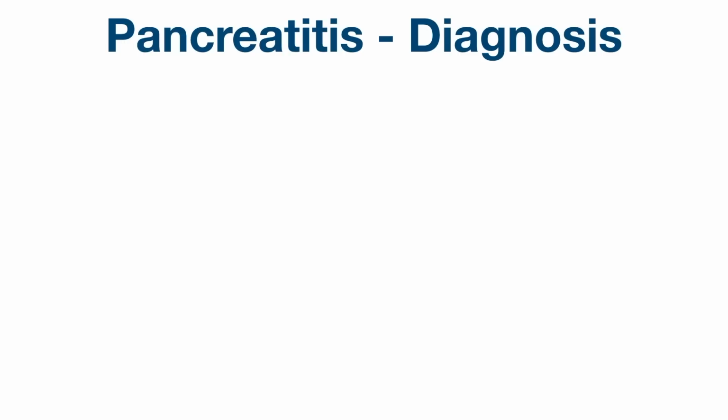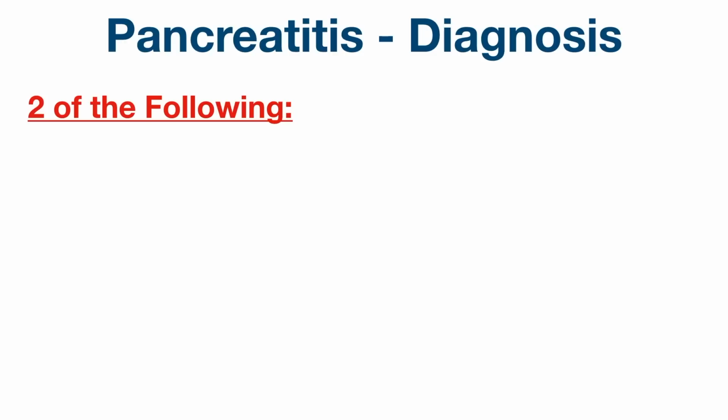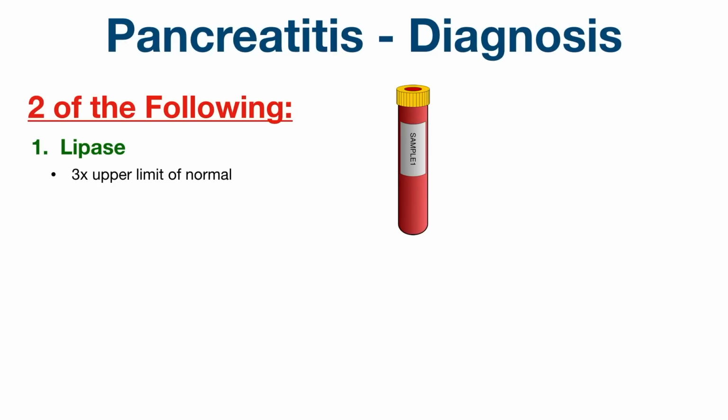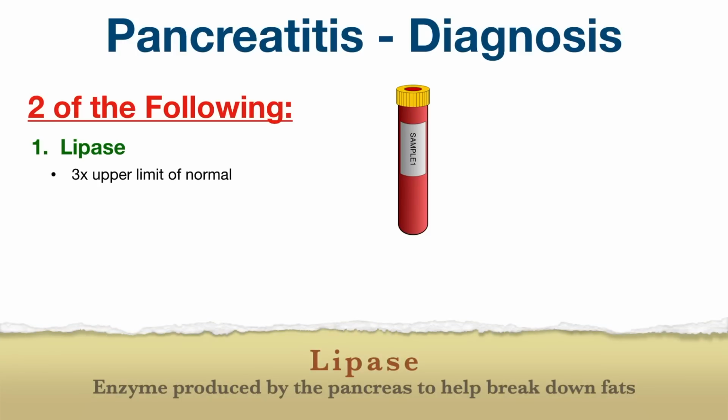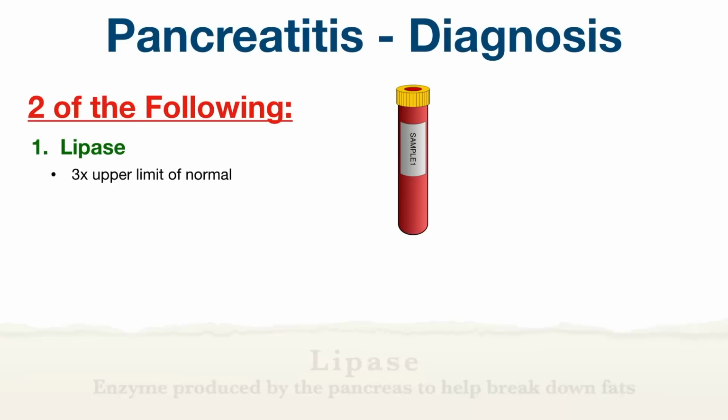Now that we know the signs and symptoms of pancreatitis, how do we diagnose it? The current guidelines state at least 2 of the 3 of the following should be present to diagnose pancreatitis. First is an elevated lipase in the blood. Lipase is an enzyme produced by the pancreas to help break down fats during digestion. Inflammation of the pancreas can cause lipase levels in the blood to increase, which can be measured on a blood